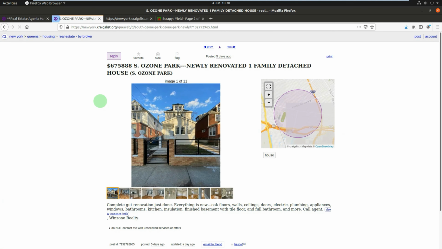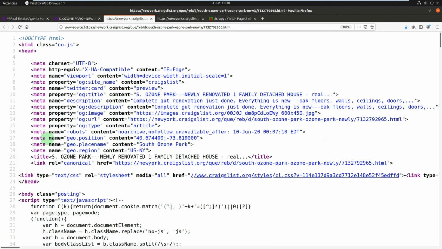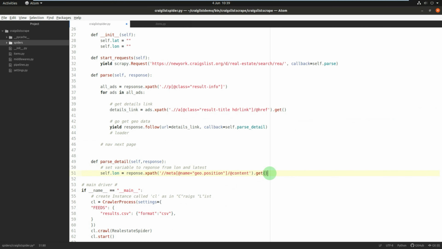If we go into the details and we view the source, let me zoom in on that a bit for you. There we go. So the meta, that's the tag. Then we want the content, which we've just typed into the selector. Now, as it stands, we will be getting all of that, which is a load of numbers, then a semicolon and some more numbers, which you could just extract and dump all that into one column, but it's neater to get them separately. So to separate them out, we will be saying